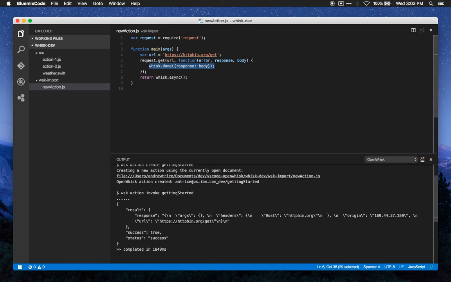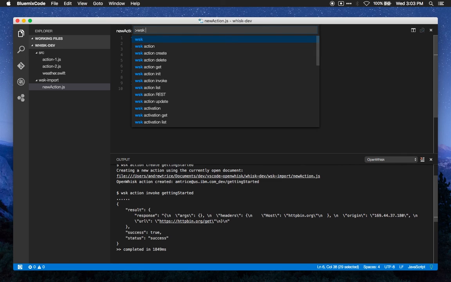So without leaving the editor, we were able to quickly create a new action. We were able to push that action up to the OpenWhisk serverless computing environment, and we were also able to invoke that action. There are a lot more commands that are available inside of the OpenWhisk extension for VSCode and